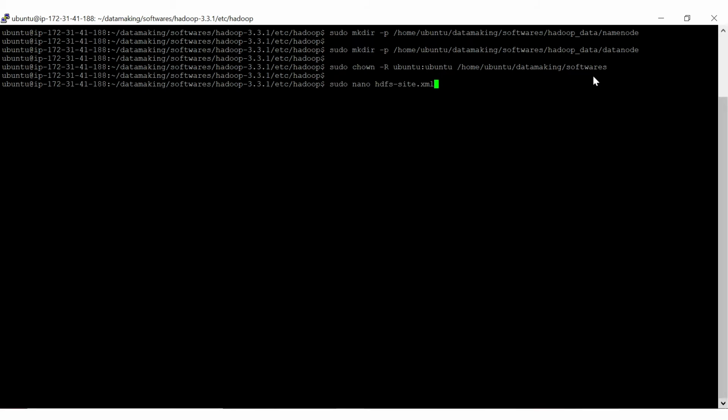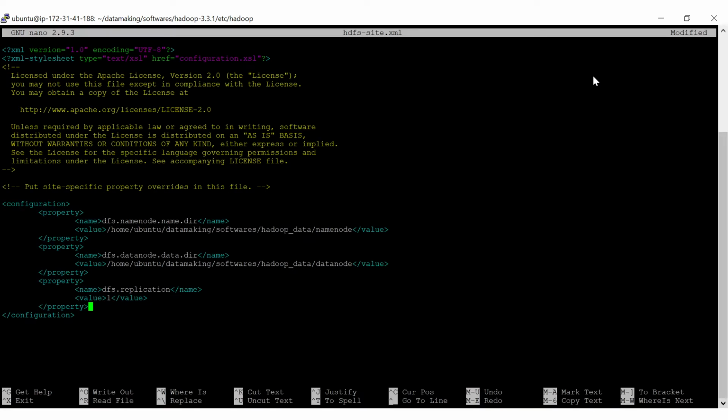Now you can change the hdfs-site.xml, where you need to provide the replication factor for the HDFS blocks. Whenever you store a file in HDFS, it will be broken into multiple blocks based on the block size, and each block will be replicated in your Hadoop cluster based on this replication factor.